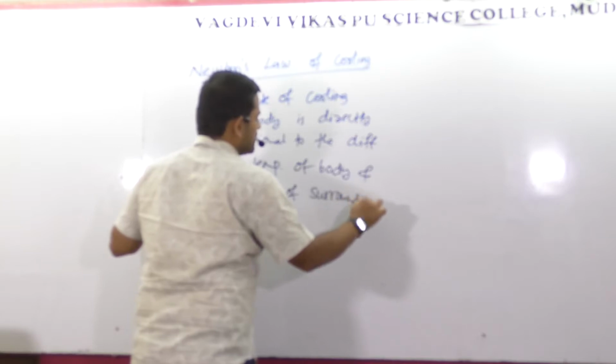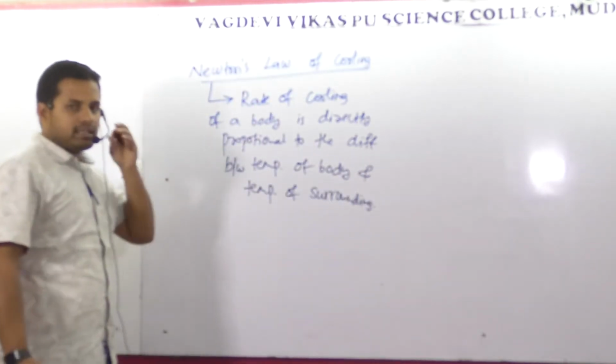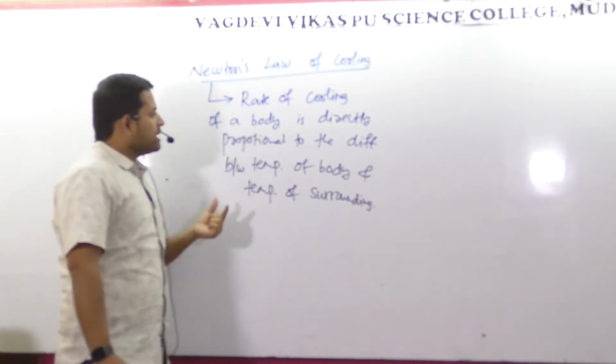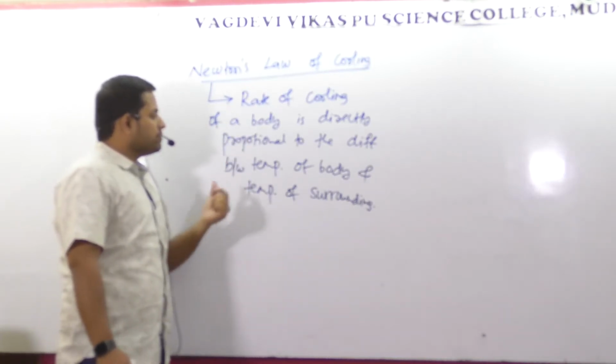Did you understand this statement? Try to read it, try to write it first. Rate of cooling of a body is directly proportional to the difference between temperature of body and